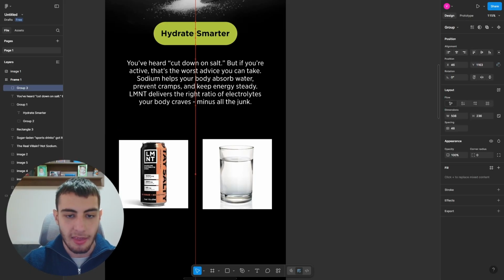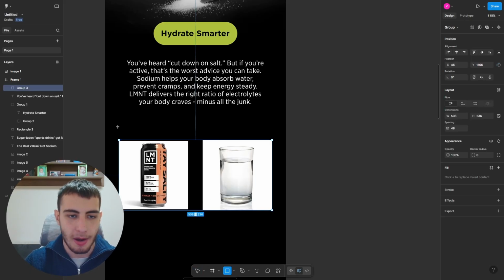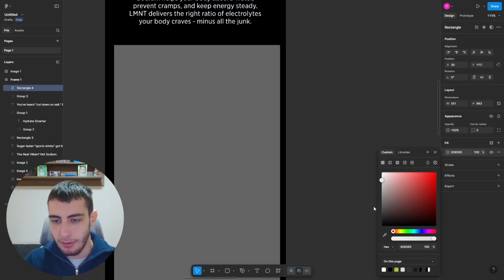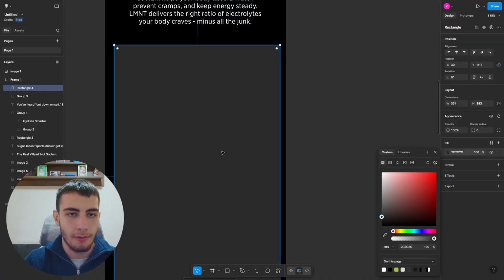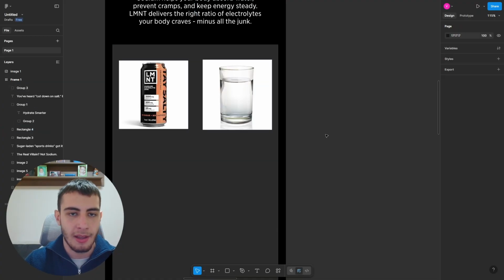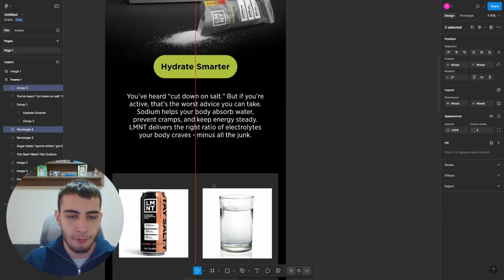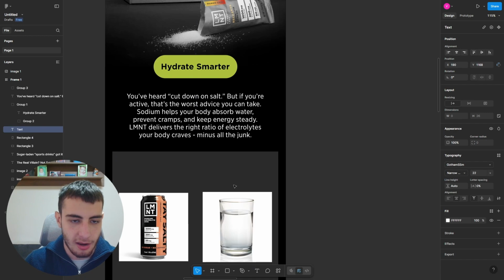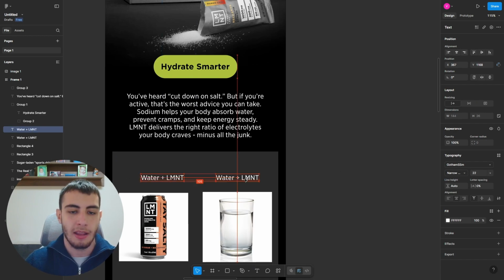So the next thing I think we should do is actually add some sort of a background behind it, like this, for example, and make it some sort of a grayish color, okay? Center this, and then we're going to put it behind so we can see this properly, and that is going to be kind of like the foundation of our infographic. We're going to drag it down so we can actually put some text here. So in terms of text, we're going to say here, water plus element, sorry, and then we're going to have